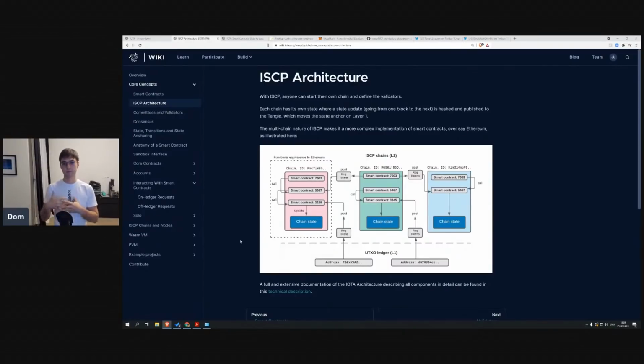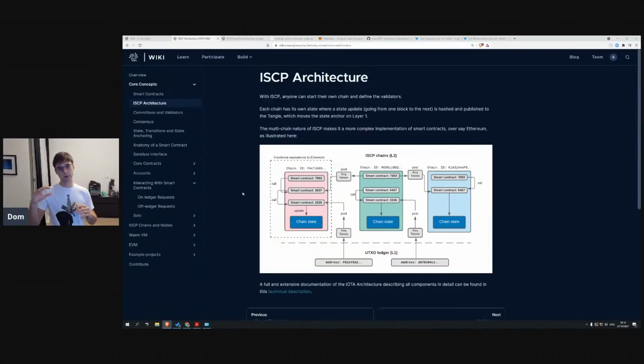But the main idea behind smart contracts is relatively simple. You are essentially launching blockchains on top of IOTA. We have this base layer, which is IOTA, which is a DAG. It's the Tangle, where we don't have any blocks and we don't have any chain. And the big problem with that is that the transactions are not really ordered. And as such, you would have a very difficult time doing smart contracts on layer one. And that has always been the criticism of IOTA, that you can't do smart contracts on the base layer. And quite frankly, we never wanted to do smart contracts on the base layer,